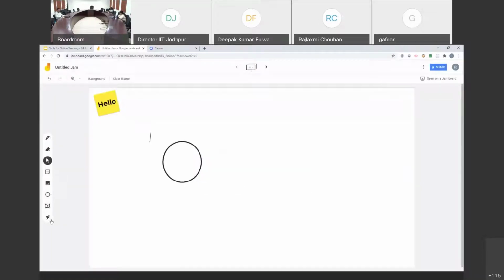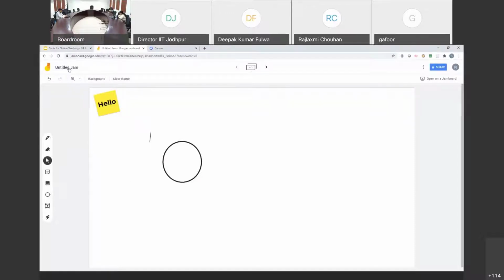to organize their ideas. Then there is also a laser tool, which will just stay there for a couple of seconds and then disappear. So these tools, pen and highlighter and brush, the options for colors are kind of limited, but then again, from a lecture or a brainstorming point of view, this serves the purpose. If you notice that there is no lag, this would be a good platform for collaborative work.